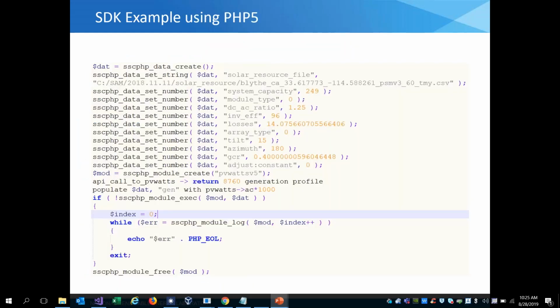I took a snippet of the code that gets generated in PHP so you can actually see what it's doing. We don't need to walk through this in a great amount of detail. Suffice to say, we create a data structure in PHP. We populate that data with the defaults that you've selected in the case. We create the PV Watts model, and then we go ahead and try to execute it. If there's an error, we report it. Otherwise, we free the module,